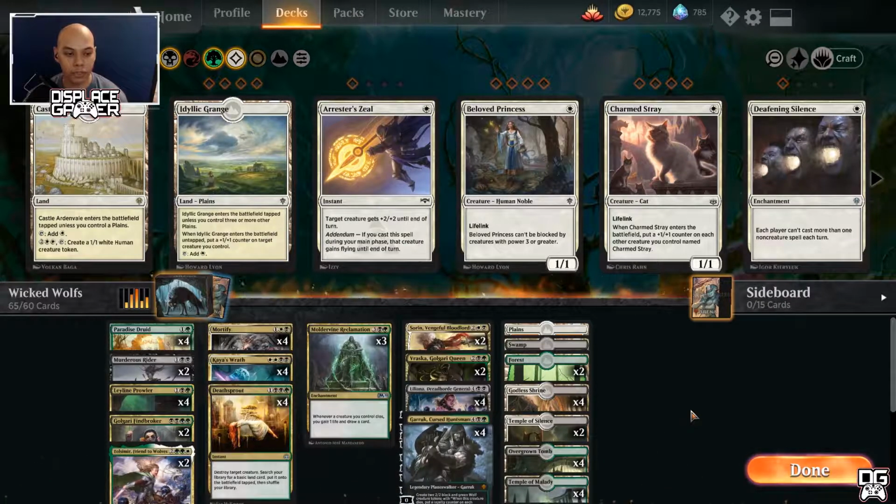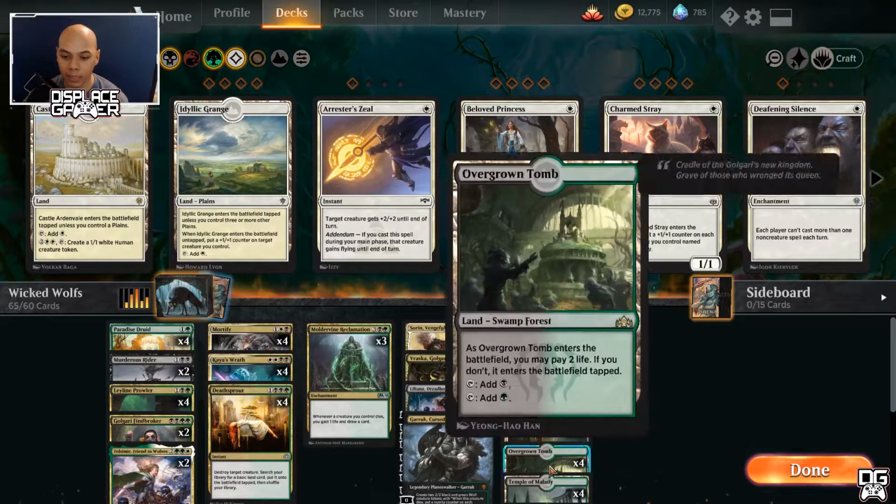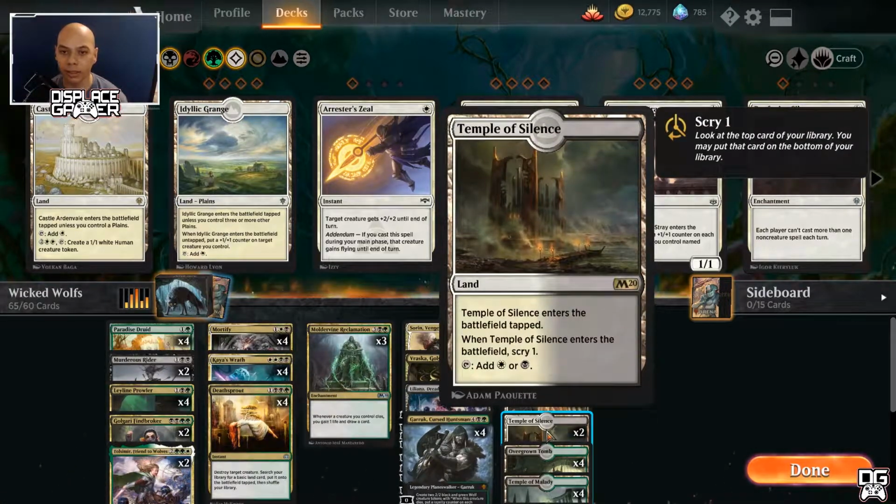So it's a pretty straightforward deck. We do have some Planeswalker removal here with Murderous Rider if we have to, and then I am using the Temple of Silence land for scry. This is really good if you have this in your opening hand. It allows us to scry the first few cards to make sure that we can draw into the land that